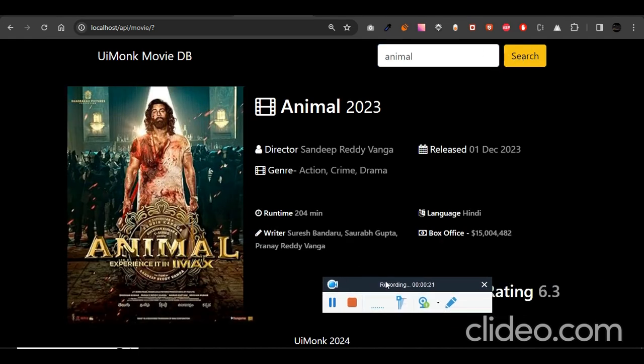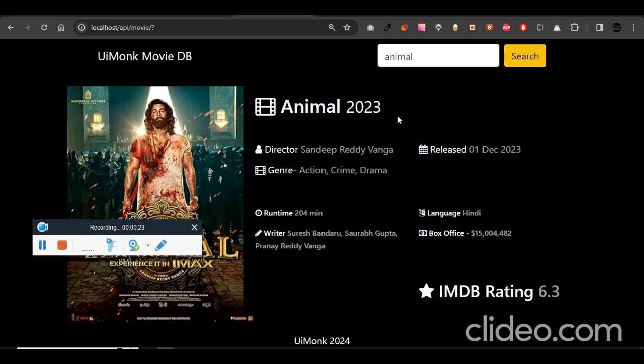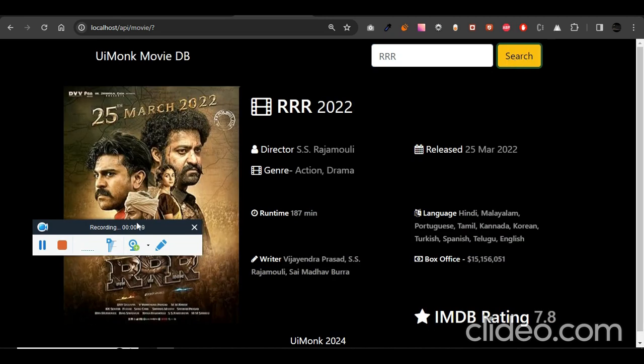You see the poster, and you see the title and the year of release, the director, the release date, the genre, the runtime, the language, and the writer, and we have box office and the IMDb rating. The same way, if I search for Triple R, you see the poster, the same details which we have seen for Animal have been shown up. And if you search one more movie, let's say